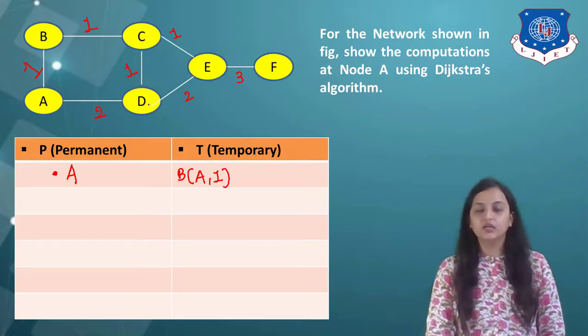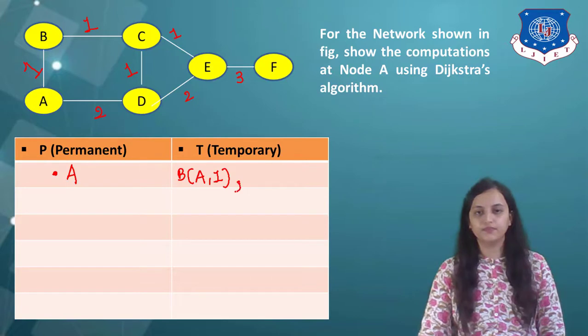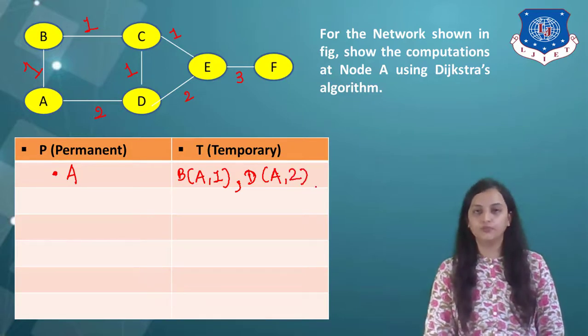In the same way, to node A, D is also connected. So over here we can also consider that. We need to write down D, that is our destination node from node A, and the distance is 2. So here we should write down 2.